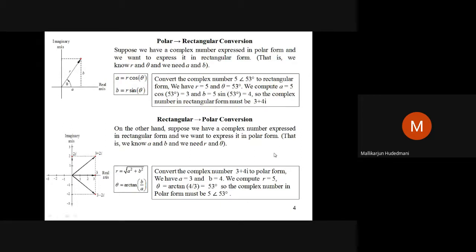So you may ask me, is it really possible to get a rectangular quantity into polar? Yes, absolutely it is possible. So let us imagine you have been given a point over here, like position 3. You have been given B, the position 4. Now you have been given the example 3 plus 4i. How to get its polar conversion? What is the answer for you? 5 angle 53 you should get. How to get this? That's the concept called rectangular to polar conversion.